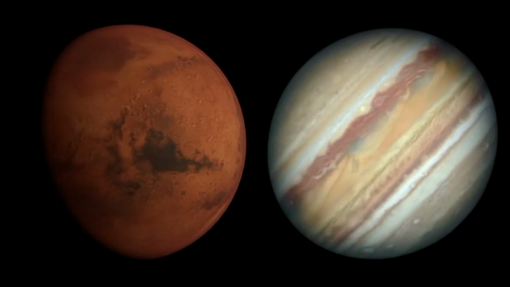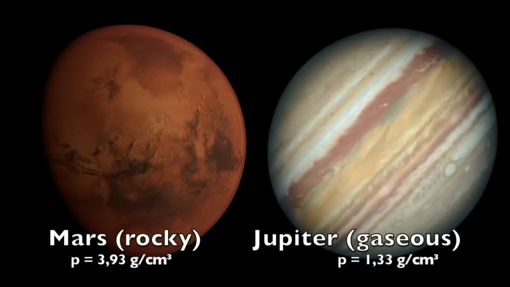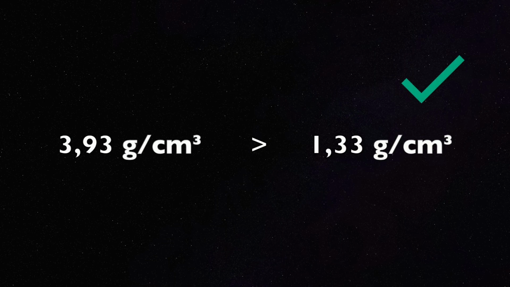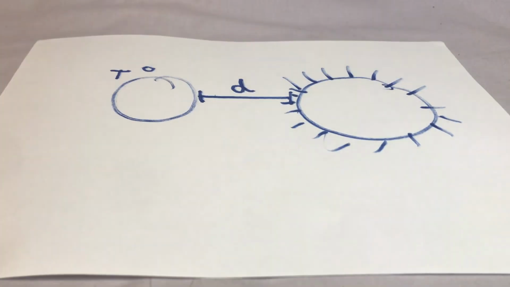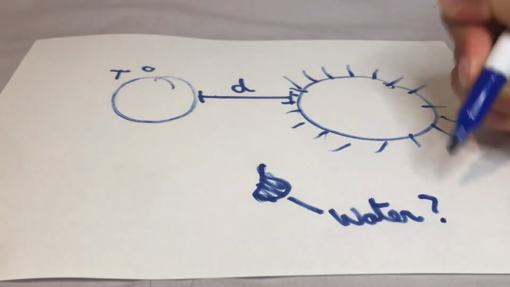The measure of their density allows us to know if they are rocky or gaseous planets, a rocky planet being much more dense. The temperature and its distance from its star permit us to know if water can be there in its liquid form. Last question now remaining is, why are we trying to know if these exoplanets are habitable